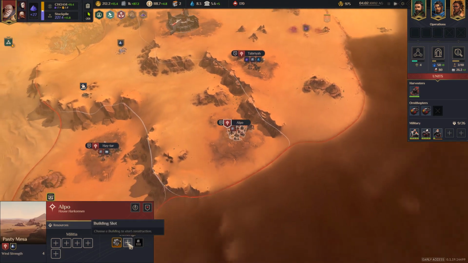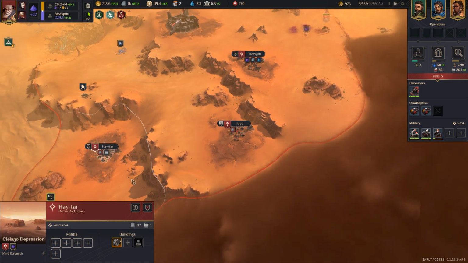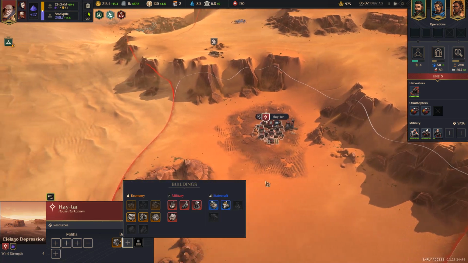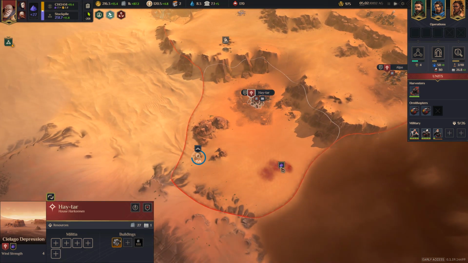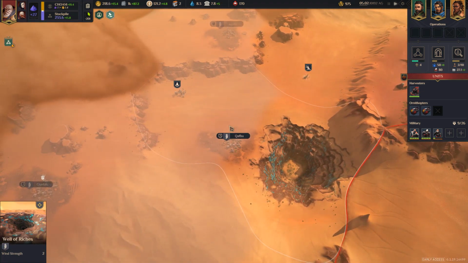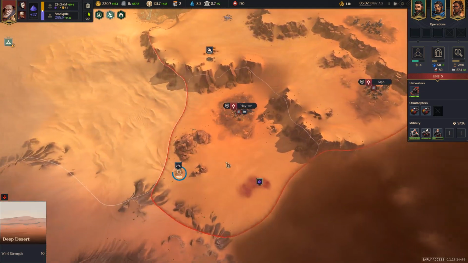What other buildings can we add? You know, I think over here in Hatar, I'd like to add an airfield. My plan is for any location that has a spice field, any location that has a special region, that's where we'll put our...